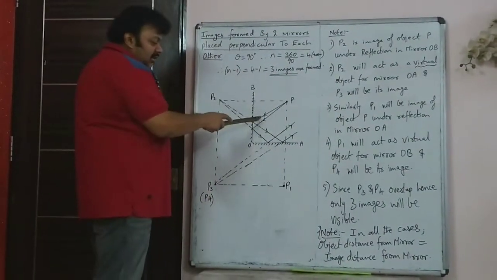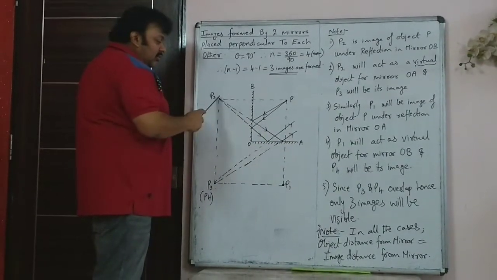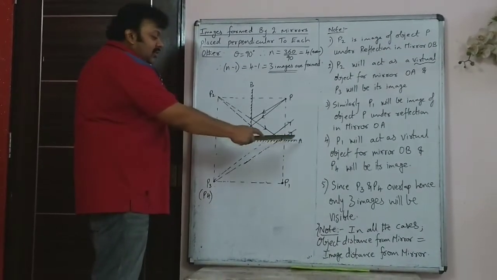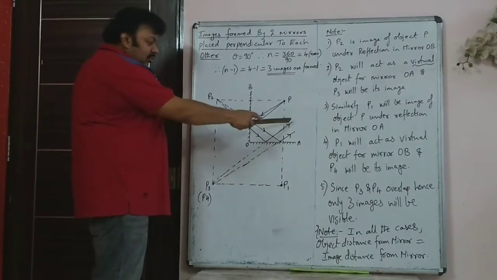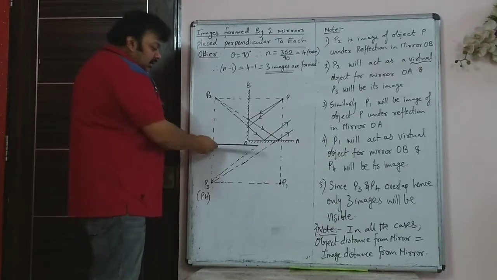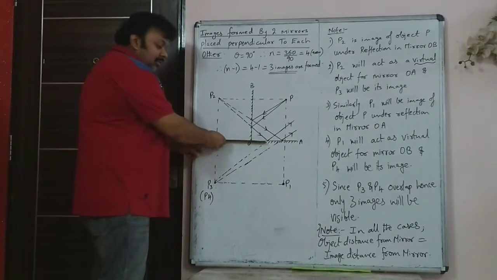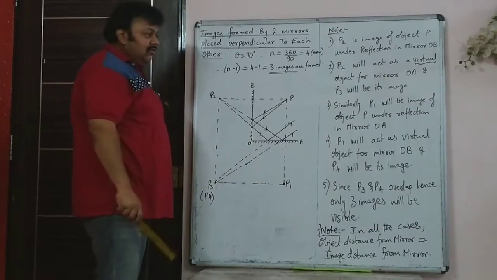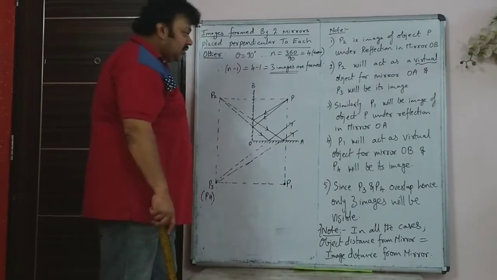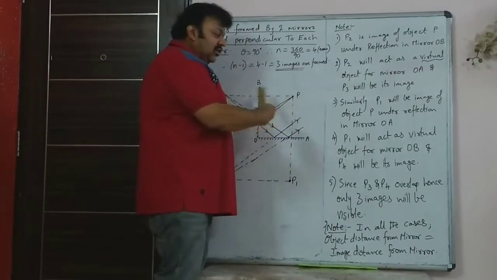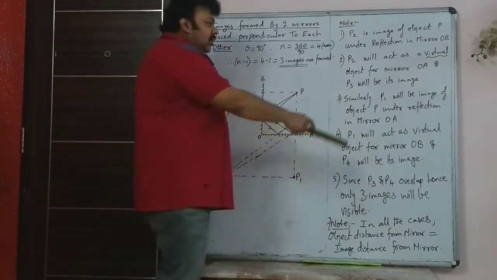So these rays are reflected and reaching the mirror OA. Now P2 is acting as a virtual object for the mirror OA and P3 is its image. Those rays appear to go from there. Again, this object distance is equal to this image distance. For plane mirrors anywhere, that same thing holds. Object distance is equal to image distance. Now, what is not shown in the diagram in rays, because the rays will get congested.